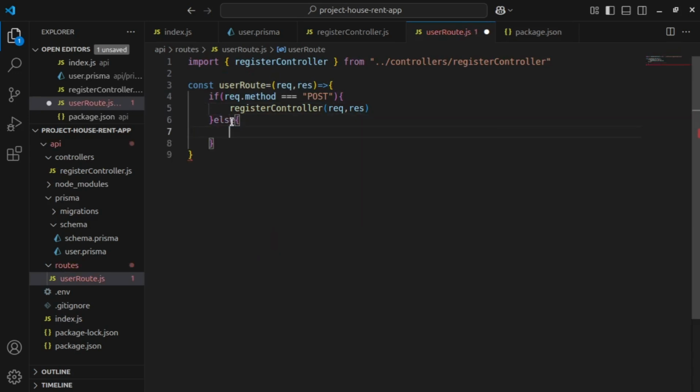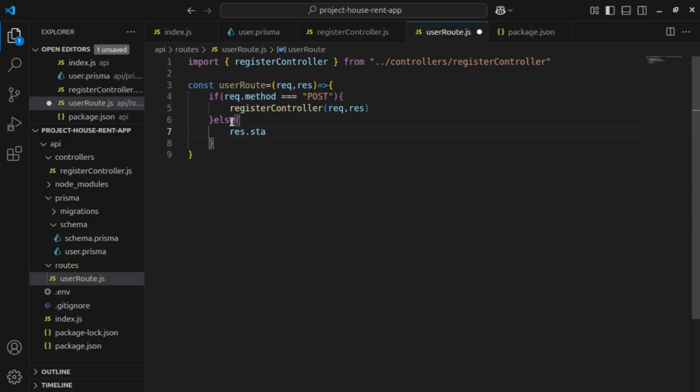But else, if the request method is not post, that is if it is get, or delete, or put,